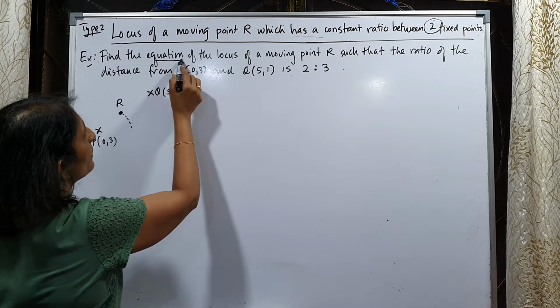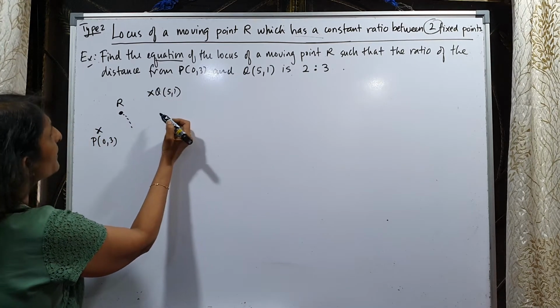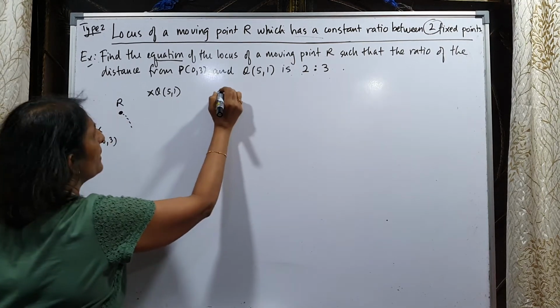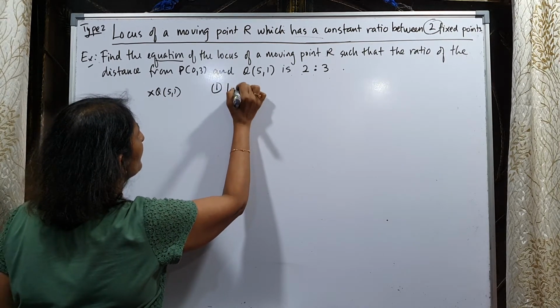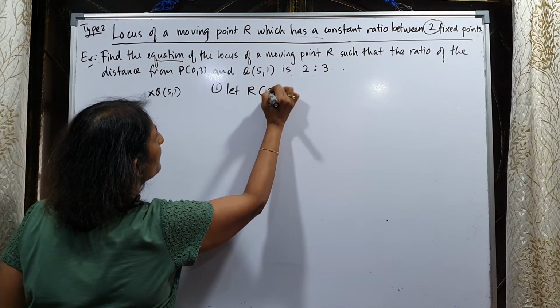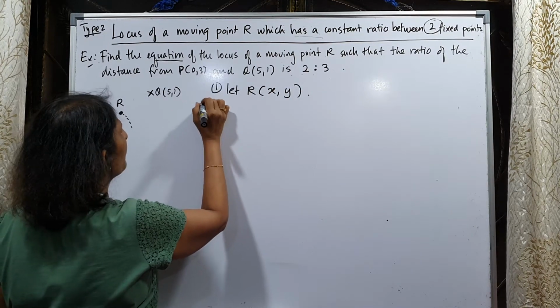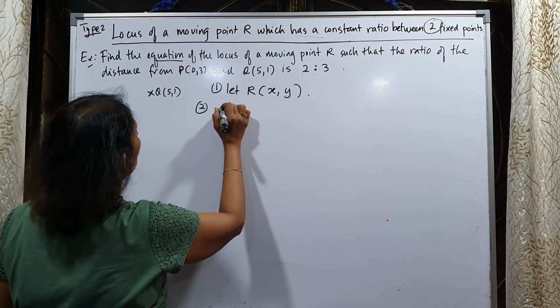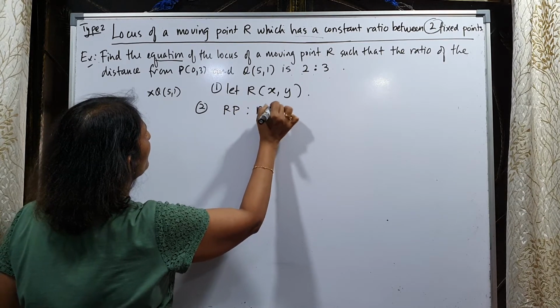Find the equation of the locus of a moving point R such that the ratio of distance between P and Q is 2:3. That means, first step, you let the moving point be xy. Now second step, they have given you the ratio of the moving point, that means RP to RQ,